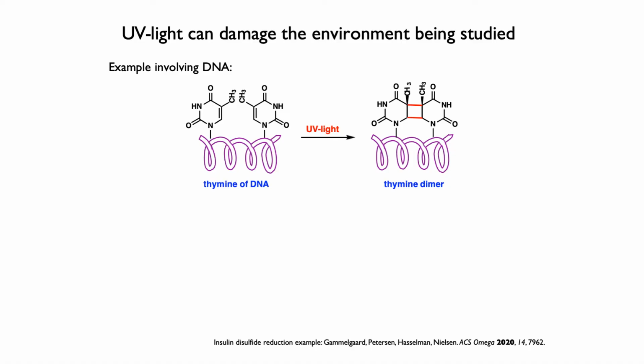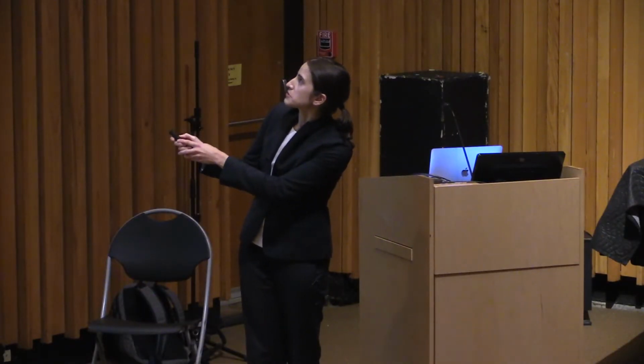But it's good that you brought that up right now, because UV light does not only do things to the molecule and its target. UV light's pretty detrimental. It's partly why we put on sunscreen when we go outside. It's not like UV light doesn't do anything. So for example, thymine, one of the bases of DNA, which is shown here with this schematic of DNA, when you add UV light, you get a reaction that forms this square, otherwise known as a cyclobutane.